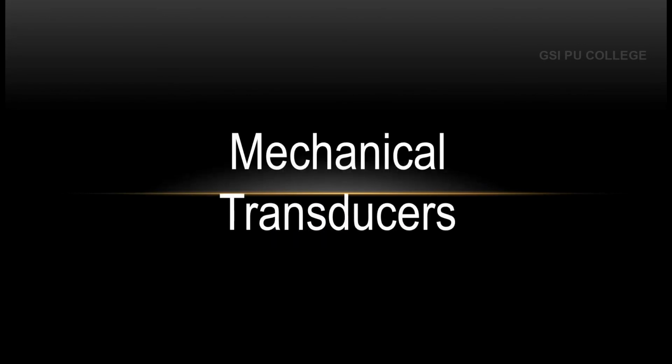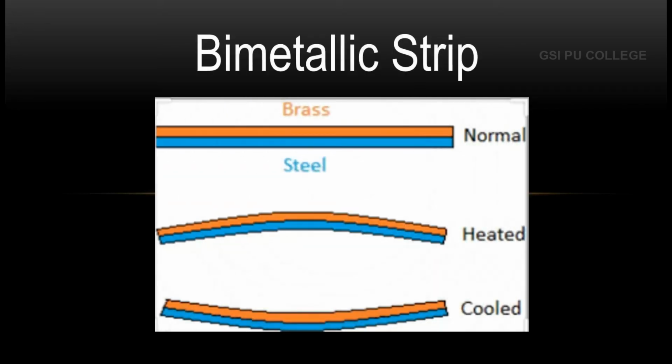In this session, we are going to see what are called mechanical transducers. Mechanical transducers are a set of primary sensing elements that respond to changes in the physical quantity with a mechanical output. As an example, a bimetallic strip is a mechanical transducer which reacts to changes in temperature and responds with